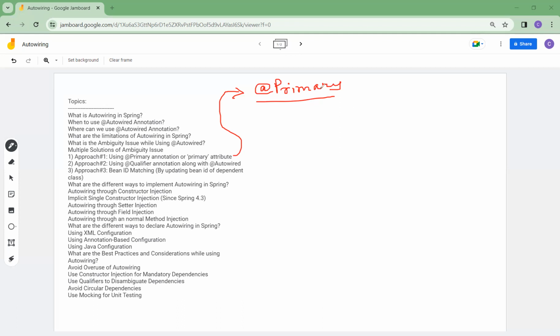If you are using only annotations, then you can add this at the class level, the primary annotation on the targeted bean, as I am showing here. You can add this primary annotation first,